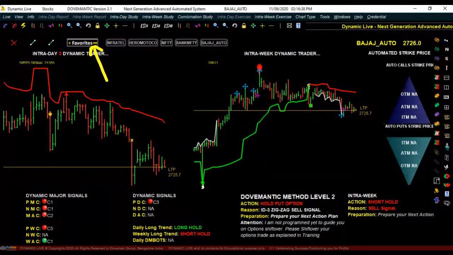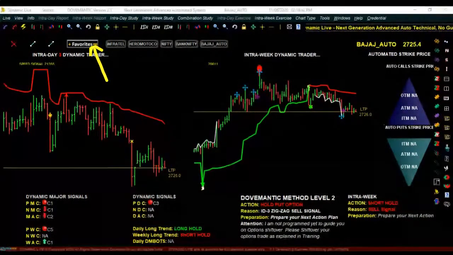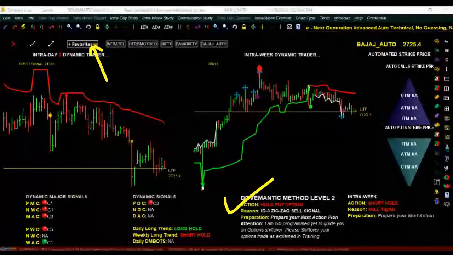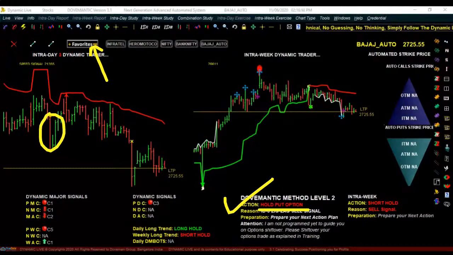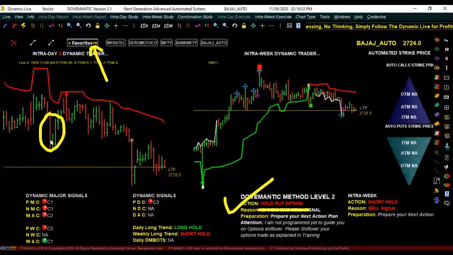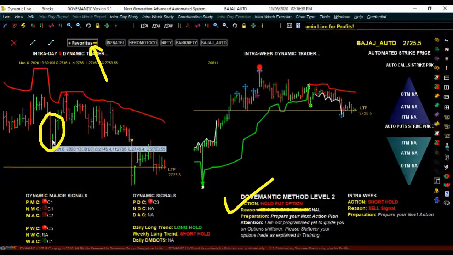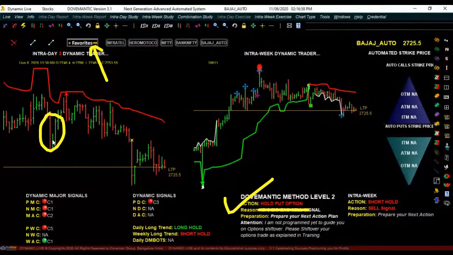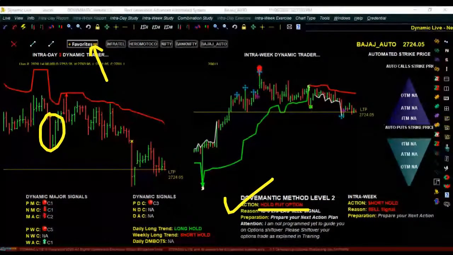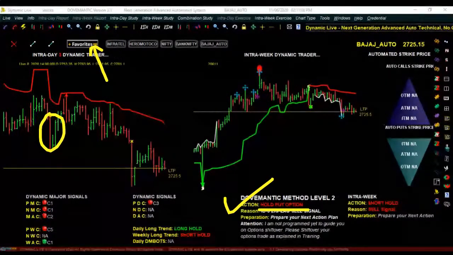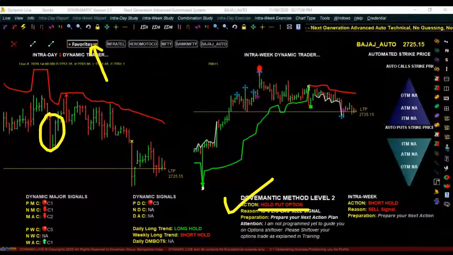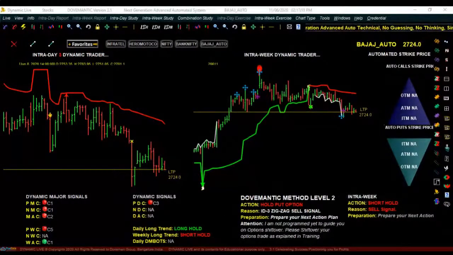So there's Bajaj Auto now, and once we have selected, our job is to come look at this action information. So you can see here it is now telling us to hold put option. There's a point somewhere where it has told us to buy a put option, right? And we would have bought a put option on June 8th around 13 hours, that is 1 o'clock in the afternoon, when the price was 2,746. And from there, we are still holding on to the short position or the put options. Hold on to it until it tells you to do so. So this is Bajaj Auto. Let us check